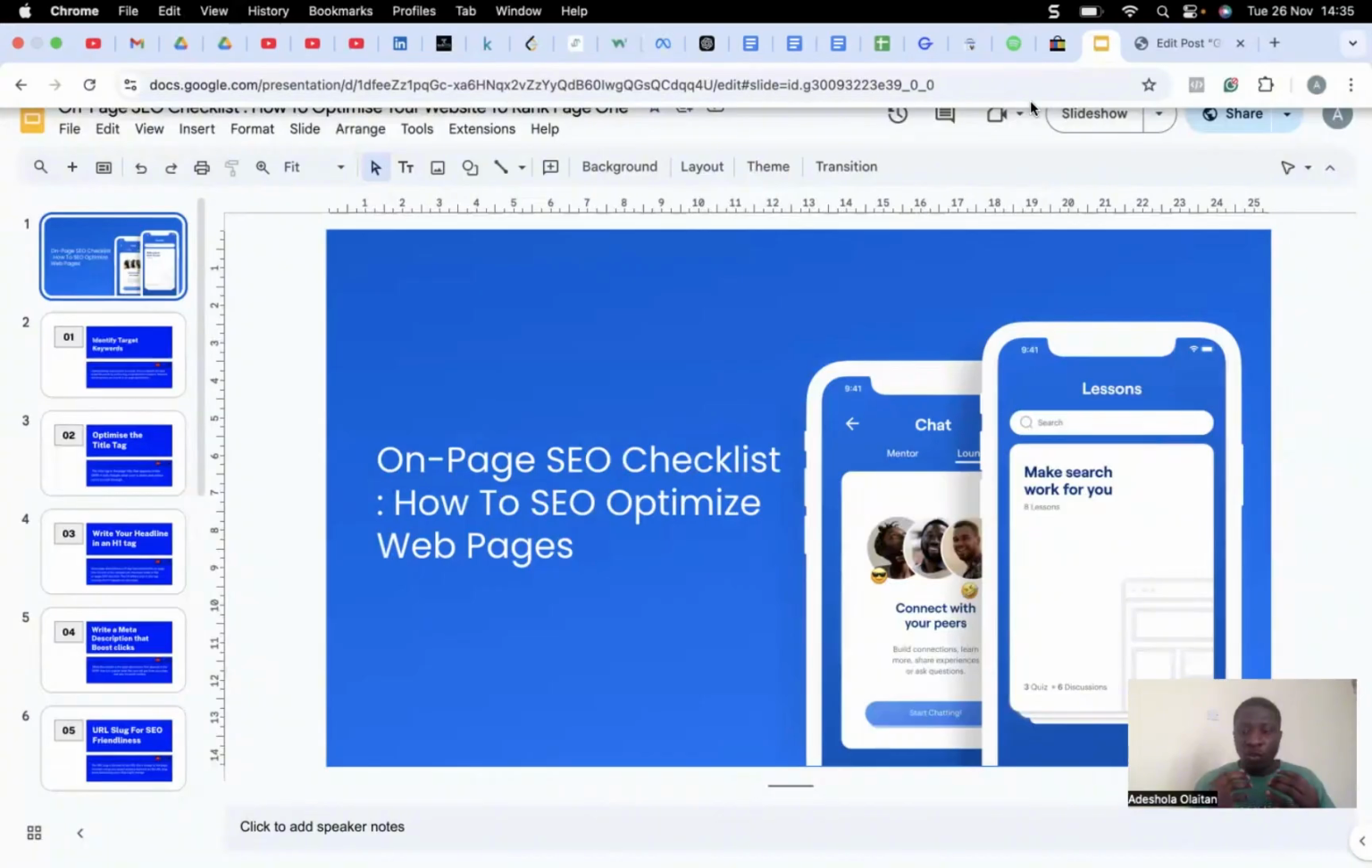So, like I said earlier, on-page SEO is the process of optimizing your web pages for them to show on Google search, for them to show up when anybody types anything relating to your business online. So what are the checklists? What is the list of on-page SEO tactics that you need to adopt for each of your web pages? The first one is